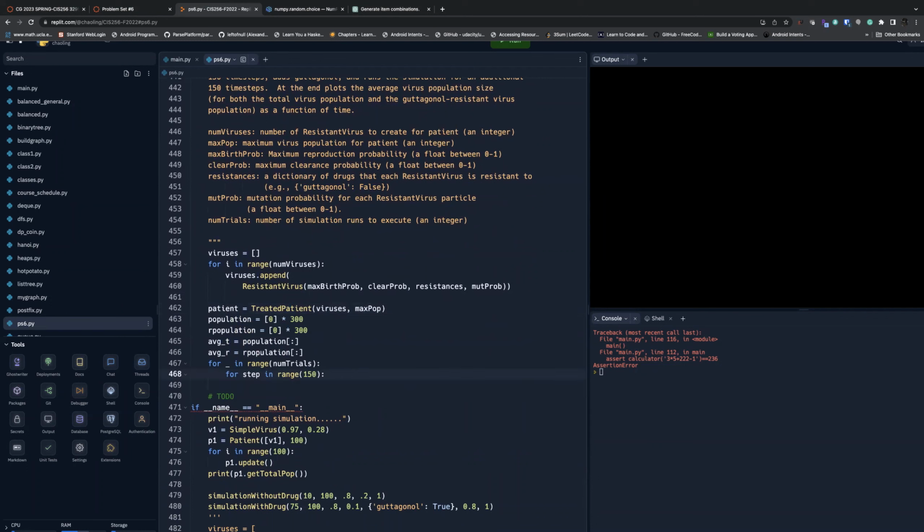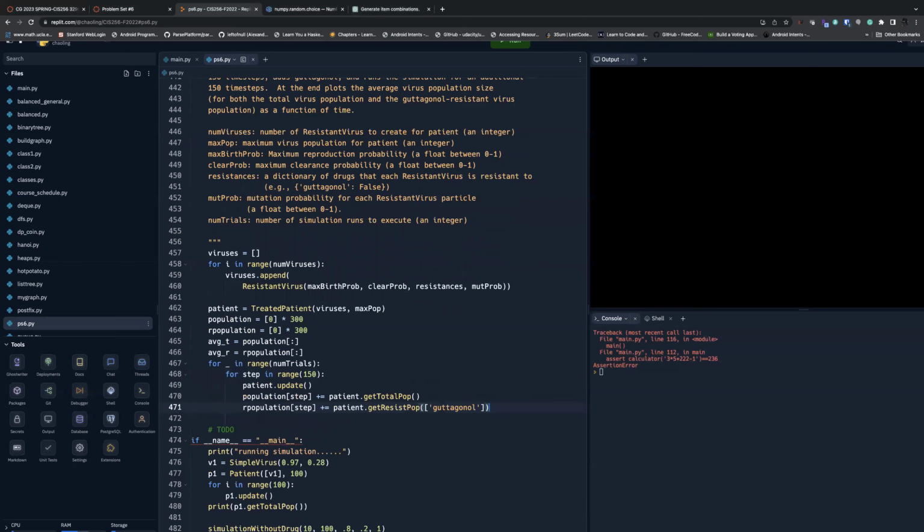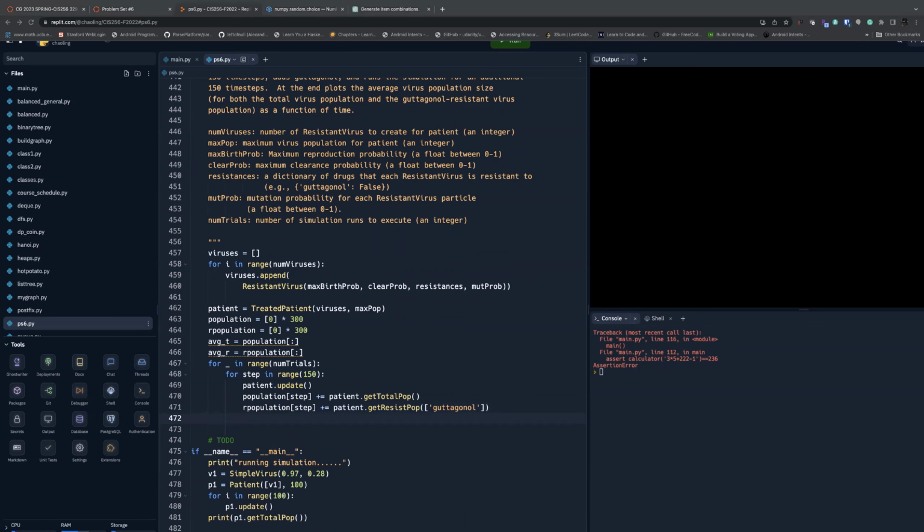In the first half of the steps, you update the patient, you add the population with resistant drug. There are 2 different populations: one is the regular population, one is the resistant population with the list of drugs in it. And then for 150 to 300, which is the later half,